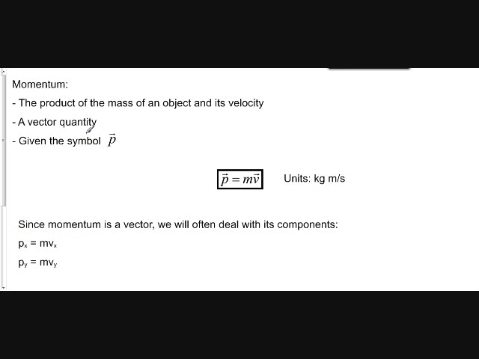Again, we told you the downfall of energy concerns is that we lose vector information, but now we've got it back again. And the symbol you're going to see given to it by almost everybody is lowercase p. I really don't know why p was chosen. Obviously, m would not be a good choice because of mass, but why p, I don't know. Probably something to do with Latin, but just about everybody that I've ever talked to uses p as its symbol